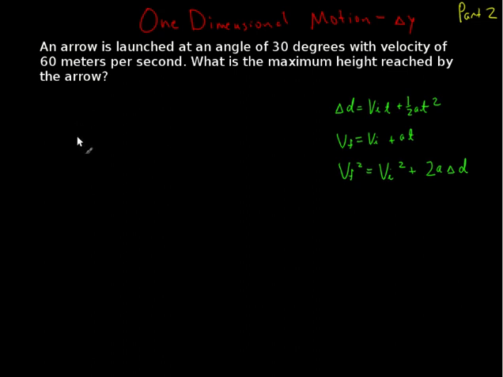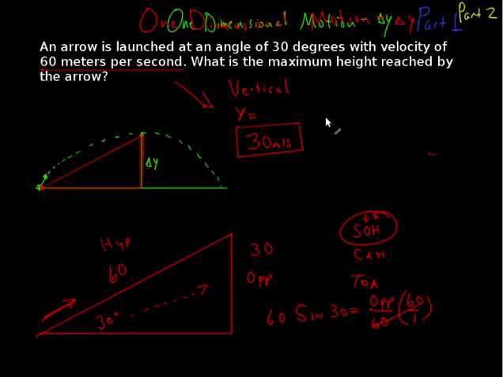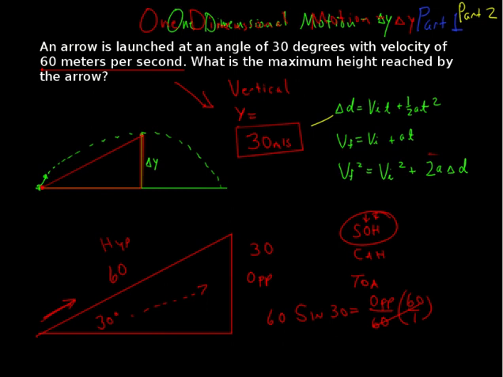Hello, I'm Mr. Tappy, and thanks for watching my second video, or part 2 of one-dimensional motion, and we're looking for the change in y. In our last video, we found out that the vertical velocity, or at least the component of our original 60 meters per second that went into making the arrow go up, was actually 30 meters per second. And so, picking up where I left off there,